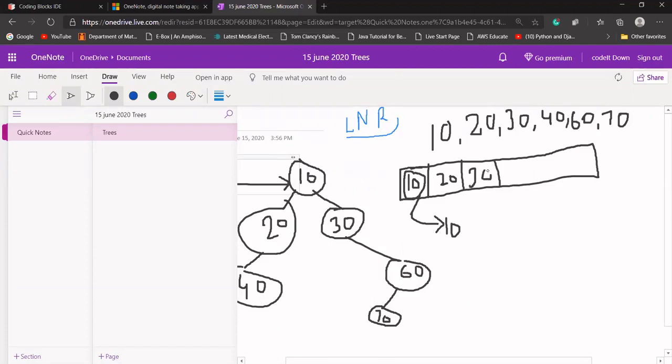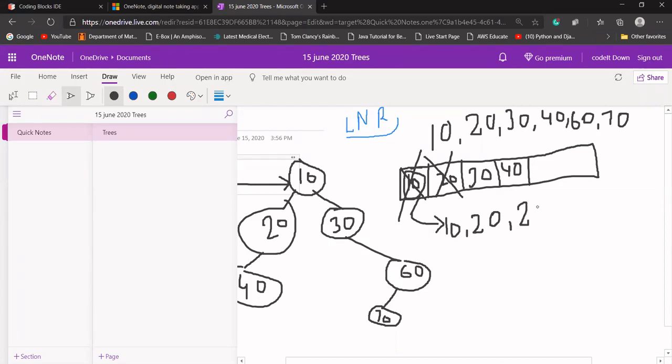Okay. Again, our queue is not empty, so 10 will be popped. Now the front data is 20. So again, I'm going to print 20 and pop the data, and if its left and right exist, insert that data into the queue. If its left exists, push it into the queue. If its right exists, push it into the queue. Its right does not exist, so I'm not going to do anything. So 20 will be printed here.